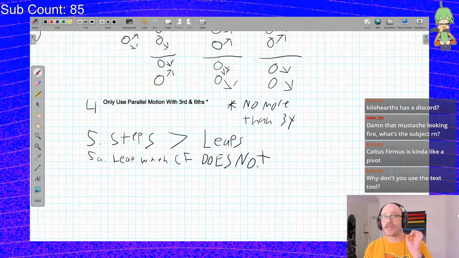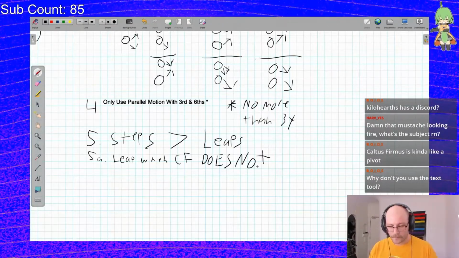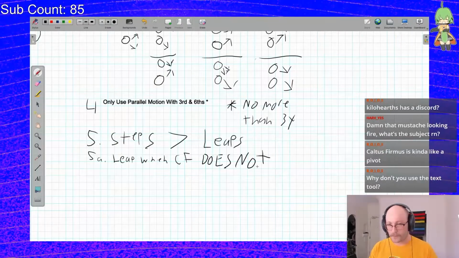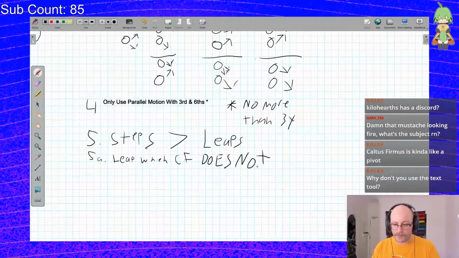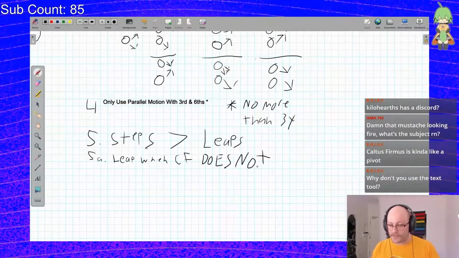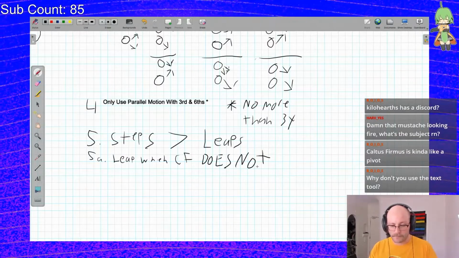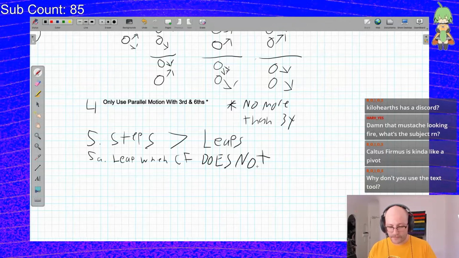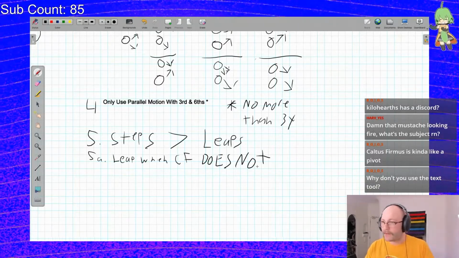That isn't to say you can never do that. For example, you can totally do that. Like, that sounds fine. This is C jumping down to E, E jumping up to G. Sounds fine. You can totally do that.